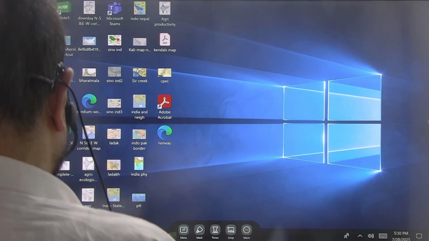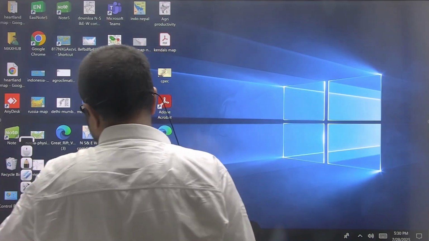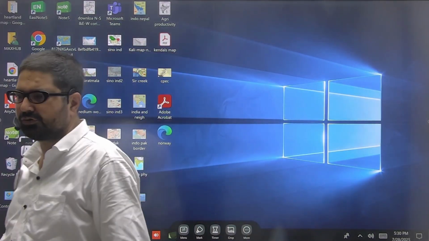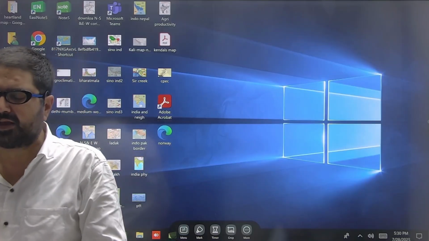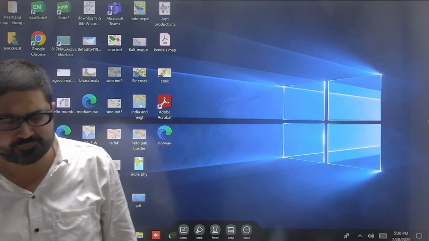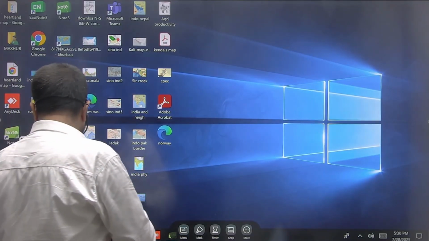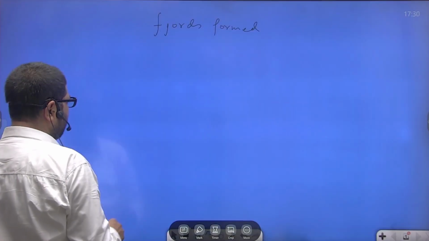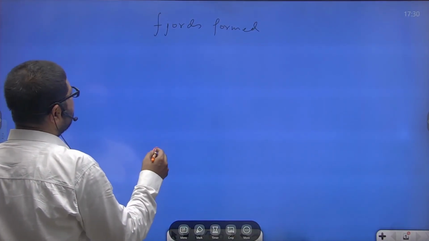So again we are going to discuss the previous year's UPSC GS1 questions. Now the next question is, how are fjords formed? Fjord बनते कैसे हैं? अब fjord बनते कैसे हैं इसको समझाने के लिए